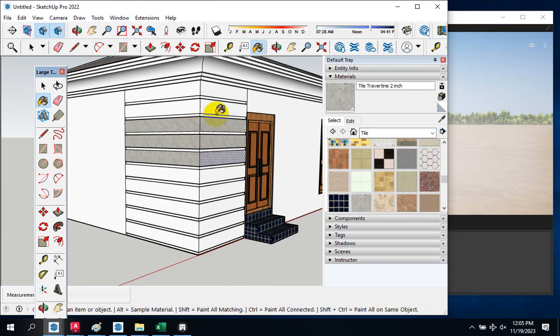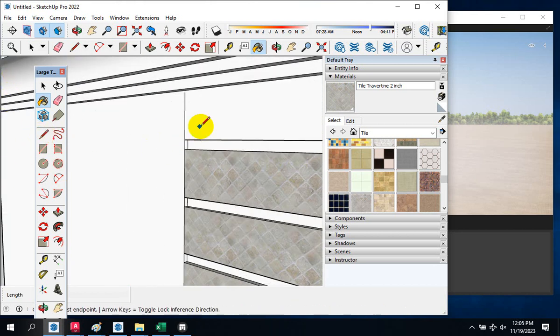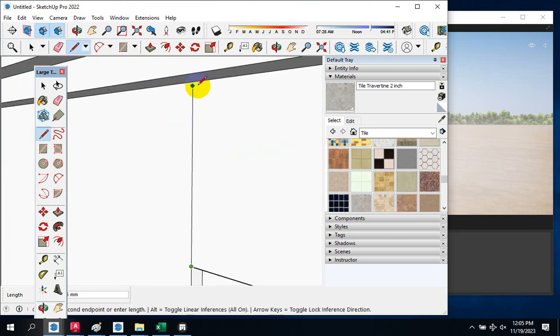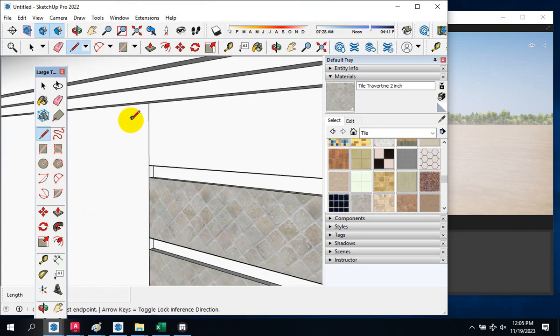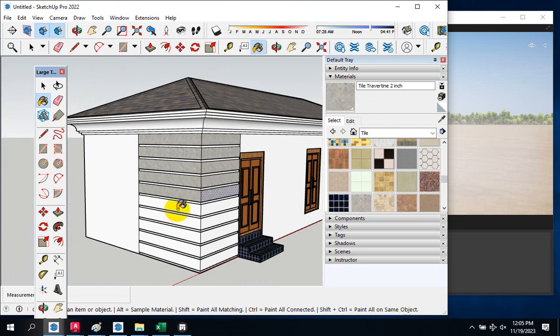So I can give this one a little different. I will have to separate this so that it is different from the other side. So if I apply a different material on this,